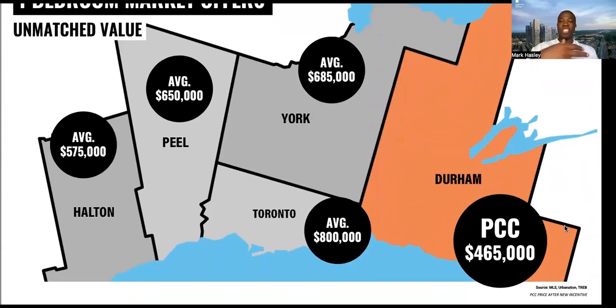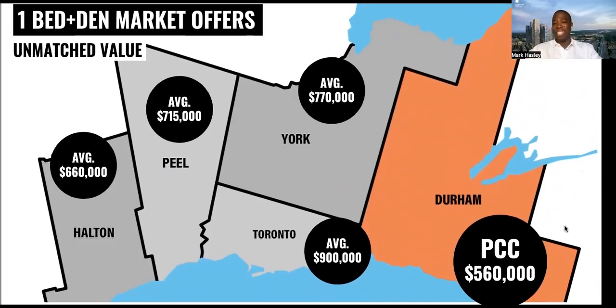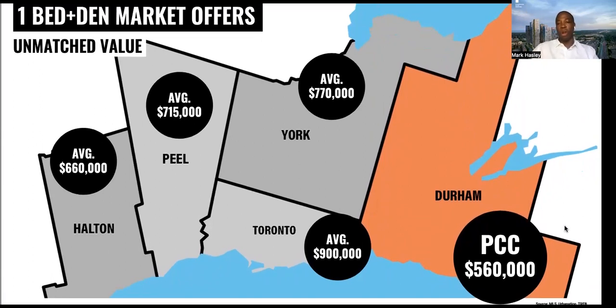And just to look at some of the comparables, our prices at Pickering City Center are in the mid 400s. When you compare that to Toronto or any other Durham area or any other GTA, it pales in comparison in price. When you go on to the next slide, it'll talk about the 1-bedrooms and dens, which are in the mid 500s. Now you're looking at around $1 million for a condo in downtown Toronto,